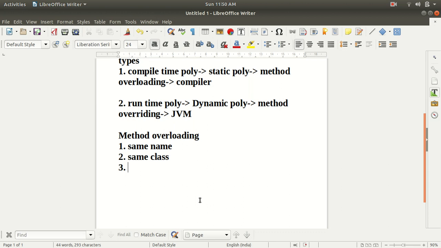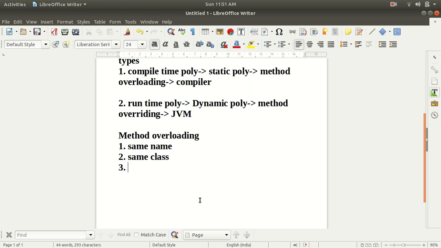Now we are going to discuss the third rule: all the method arguments must be different. All the methods which we want to overload must have different arguments.